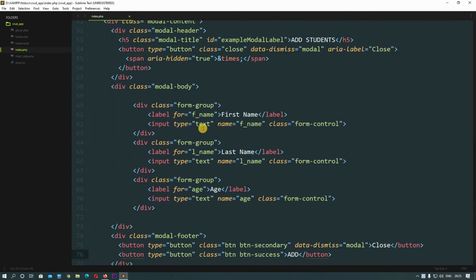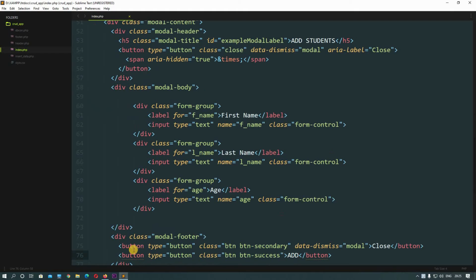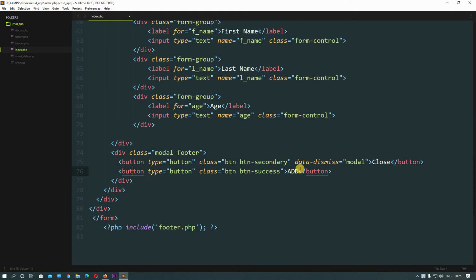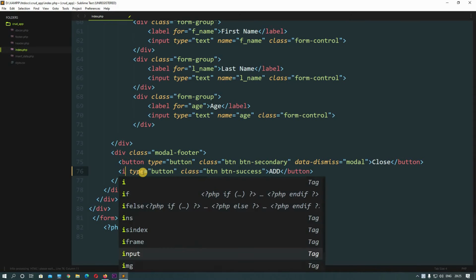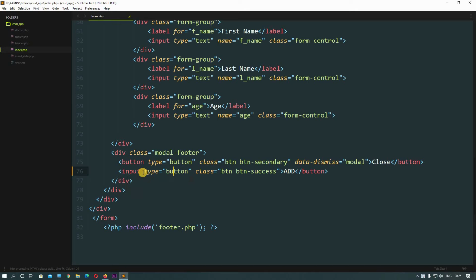Okay. In index.php we have our form, right? And we can see a button right here at the very bottom. So it is saying add. What I want you to do is change this button to an input type first. Change this to an input and change this type to submit. Okay, submit. Now add another attribute in here saying name, and we will write here add students. Okay, and we will put a value saying add. Now let's remove this too, we don't need this anymore.